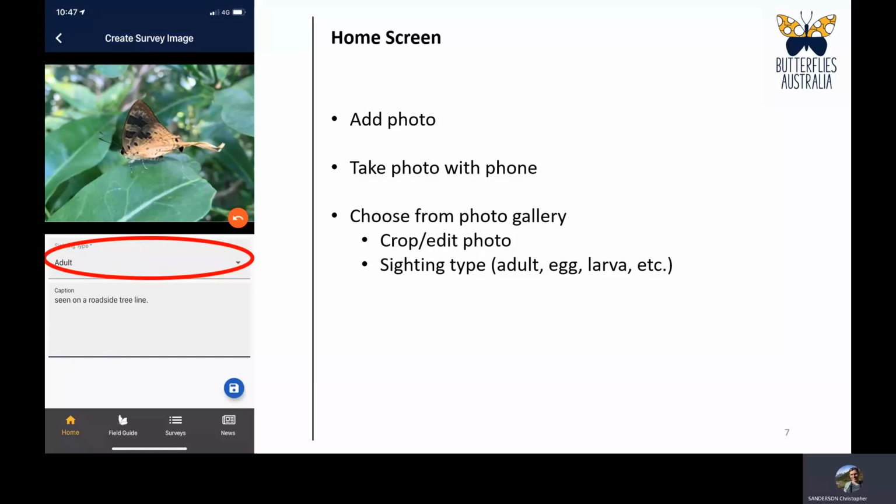You need to select what type of sighting it is. So whether it's an adult, egg, a larva, etc. This is because these photos make it into the database for the project, and we don't want to have to manually be adding that information at a later stage. So it's important that you do choose this, and in fact you can't add a photo without choosing that information. What isn't mandatory though is a caption,